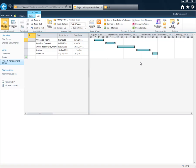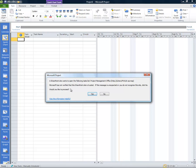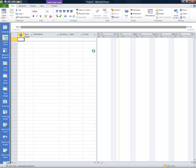You can see that there's a new Gantt chart view in SharePoint 2010 that shows us the schedule of these tasks in a pleasant to look at Gantt chart. And we can add tasks and move these tasks back and forth directly on the screen. But there's also a button that allows us to open the schedule in Microsoft Project. When we click on this, Microsoft Project attempts to open it directly in Project Desktop, and it will bring that data in right from SharePoint and load it right into our